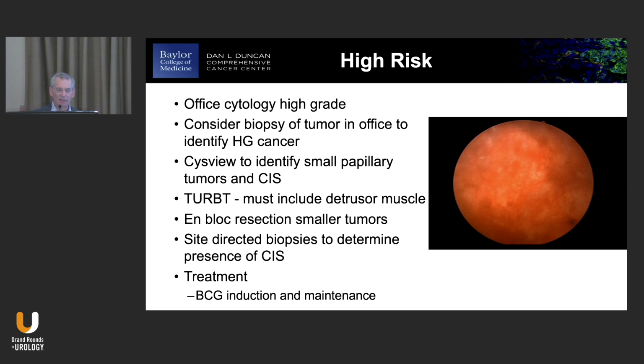So high risk, again, any patient with high-grade disease. The exception in the AUA guidelines is that small, 3 centimeter or less, Ta high-grade tumor. I like to get a biopsy in the office. It's really easy to do. You just take your flexible biopsy forceps and biopsy the tumor. If you know it's high-grade,